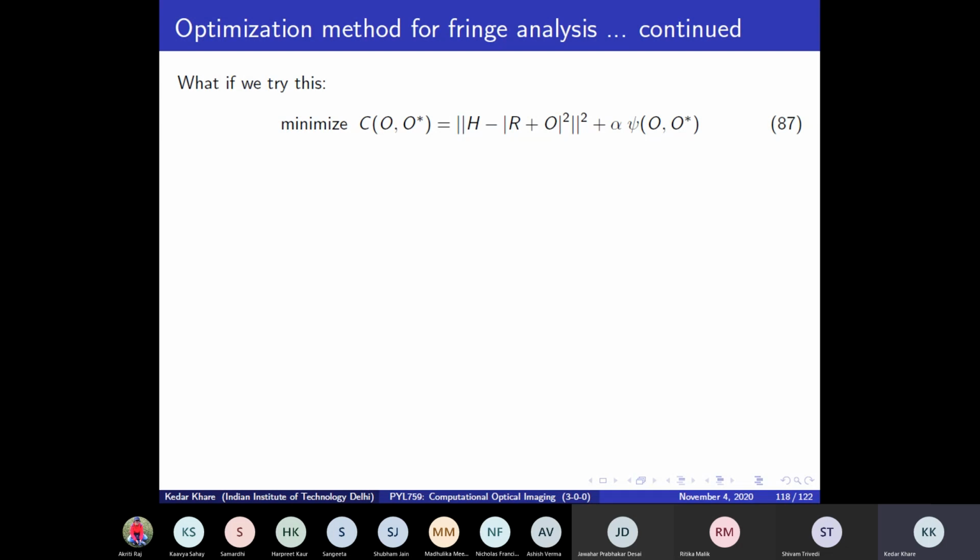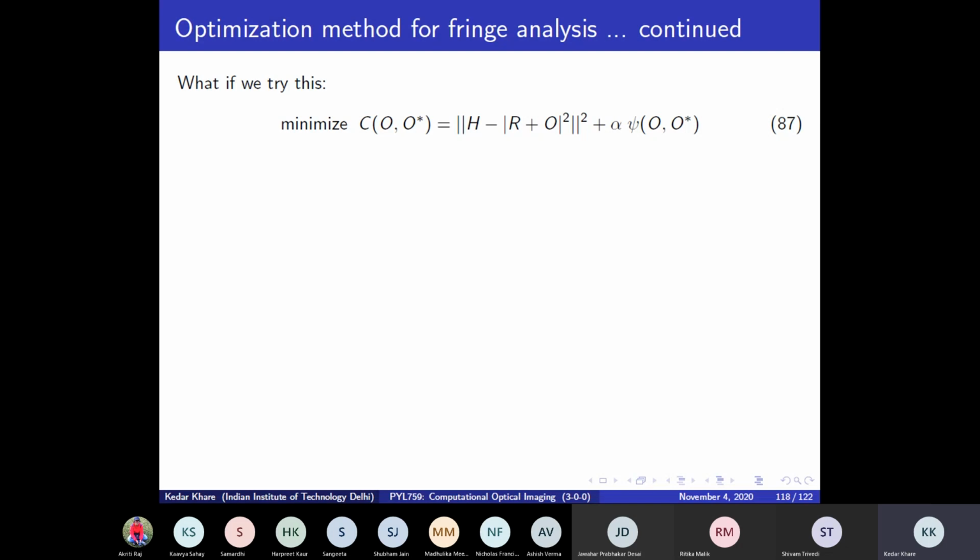I know that there is a Fourier method, which is like demodulation in communication. There is also this phase shifting method, but I want to solve this problem in one shot. And I think that H, the recorded interference, actually contains the full resolution information. There is no reason, meaning the fact that I'm not able to get that full resolution is more of an artifact of how I'm trying to recover it. But I'm perfectly fine to go for another picture of how the recovery should happen. And so I can say, okay, I'm going to look at this type of problem now.